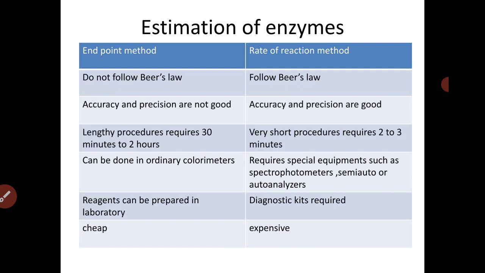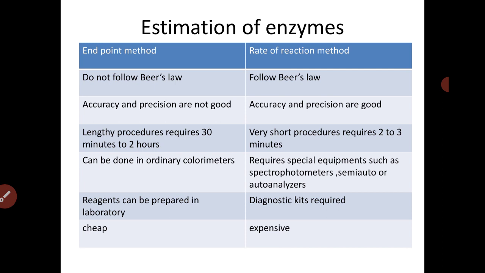Which is best, whether the endpoint method or the rate of reaction method? Endpoint method is a cheap method where the reagents can be easily prepared in the laboratory, and we can make use of some ordinary colorimeters or photometers for the estimation. But the results of endpoint method were not promising. The accuracy is not good, the precision is not good, the reaction didn't follow Beer's law, and it required the